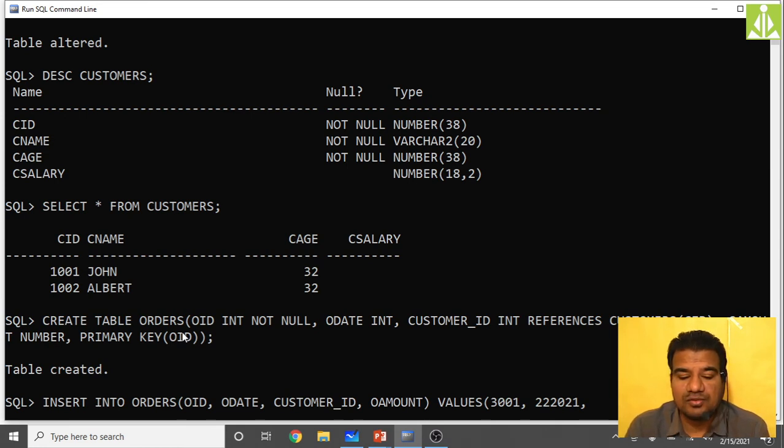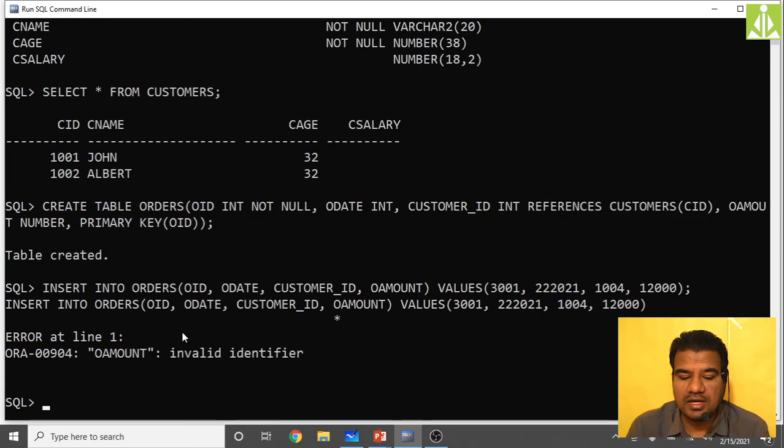Then what do we have to put? We have to put the order amount. Some 12,000 rupees is my order amount. But before that we have to put the customer ID in the orders table. Customer ID I'm keeping, let us say, 1004. Then finally the order amount, that is 12,000 I'm keeping.